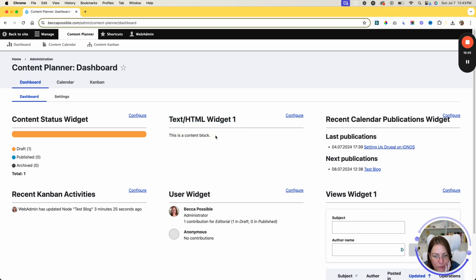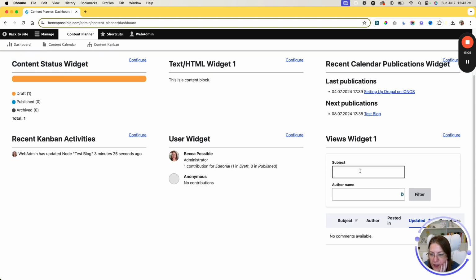This is a content block. I'm not sure what the purpose of that is. To be perfectly honest, I really don't know. Recent calendar publications, we saw that earlier. Recent Kanban activities, it looks like I updated that node, which is great. The user widget we saw earlier, and then the views widget 1 is our recent comments, which I obviously don't